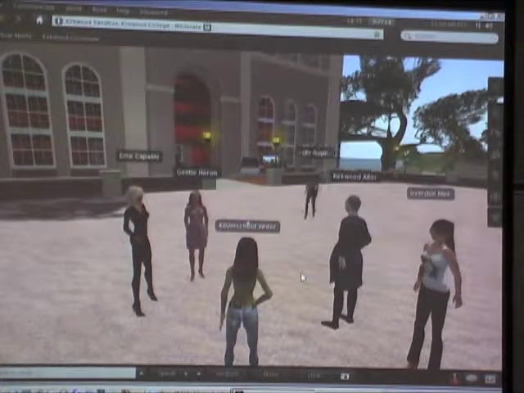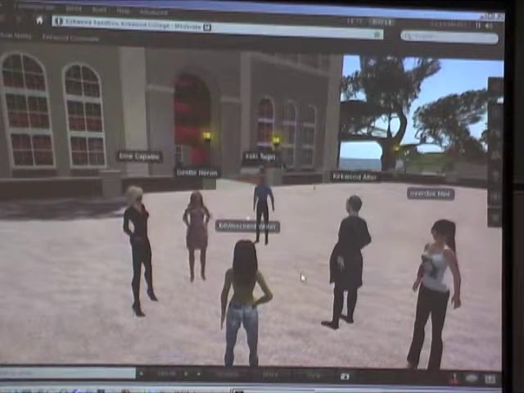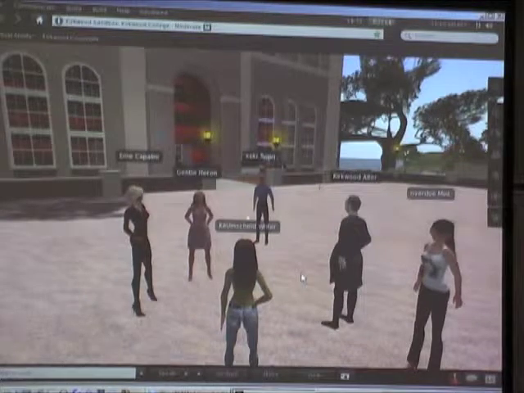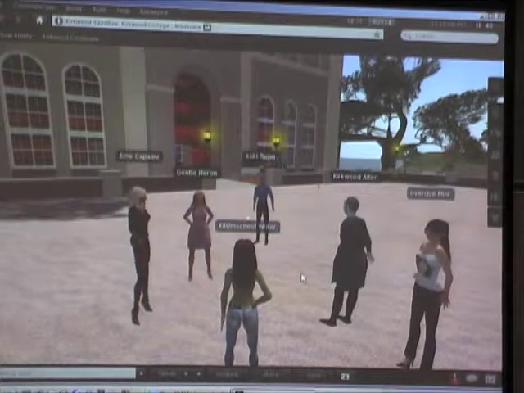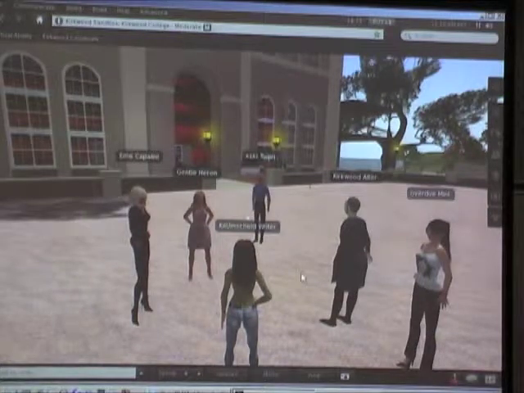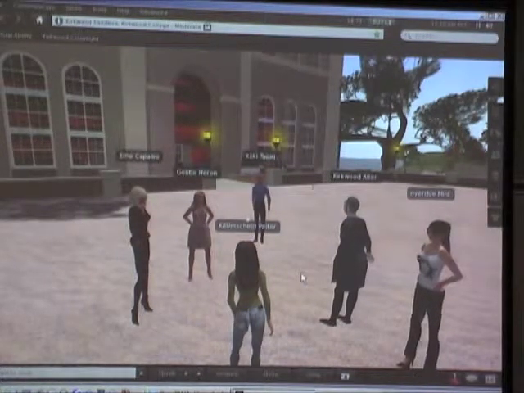In Second Life, Virtual Ability is a community of over 500 people. It's a community of support for people with any kind of disability. So our members include people with physical disabilities, mental disabilities, emotional disabilities, and sensory disabilities. And our mission is to help all of us be successful in virtual worlds.